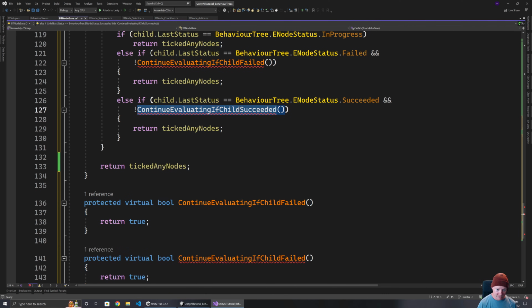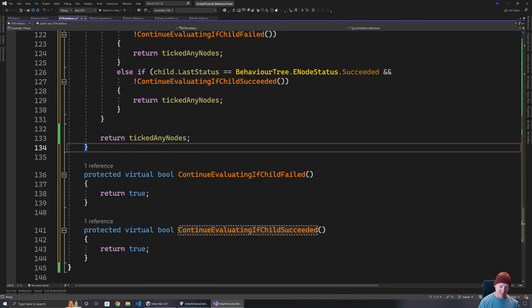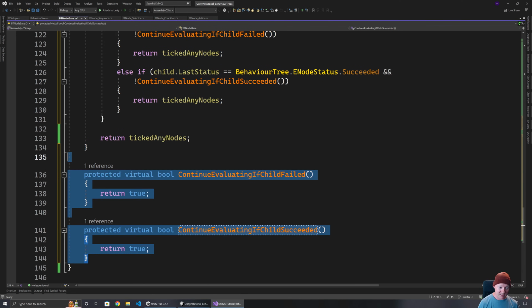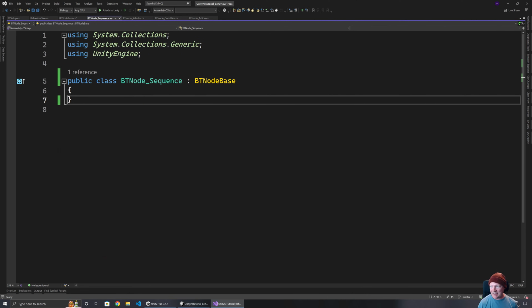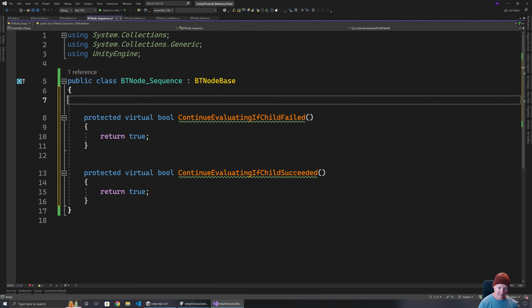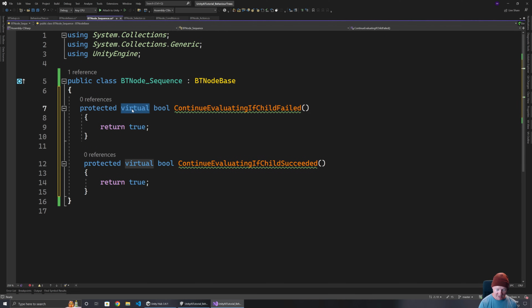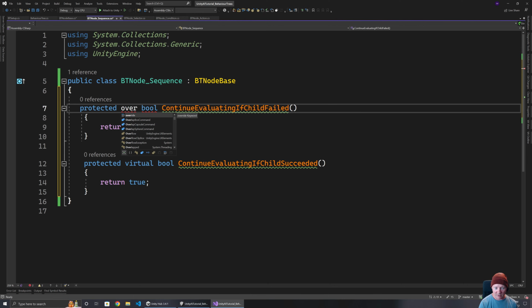Have the same thing for succeeded. So what that means is for our sequence and selector nodes, all we actually need to do is override these functions to a large extent. So we have a protected override,